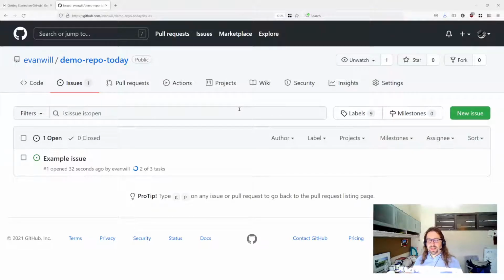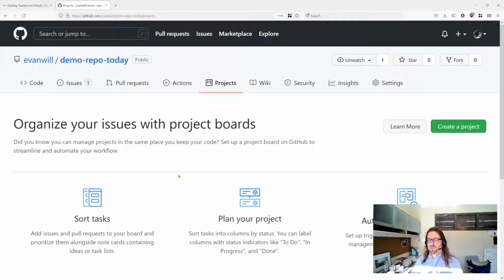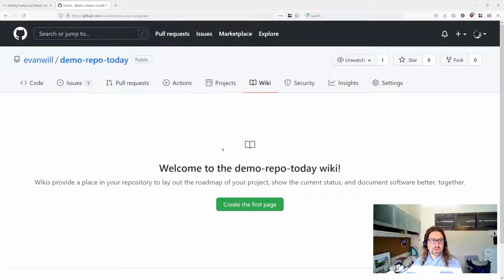I like it for tracking my work and my to-do lists, tracking ideas so I don't forget about it. It's just right here in the repository. I don't have to go look in my notes somewhere else. It's great for tracking bugs and then creating these kind of task lists that you can share. You can also use this in conjunction with the Projects tab, which is something similar to like a Trello board, and you can combine your issues into these project boards to really do some pretty good project management using the system. There's also a wiki built in if you want to write some documentation that's separate from your project code